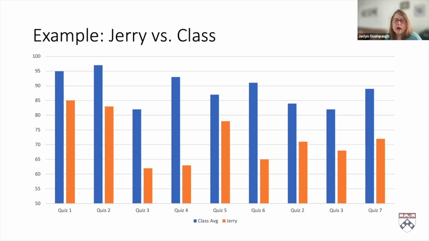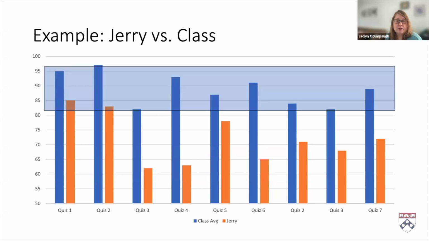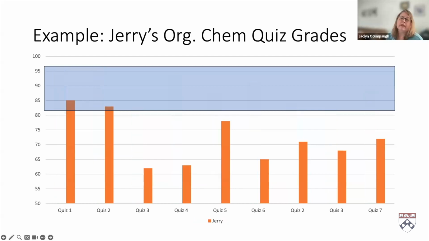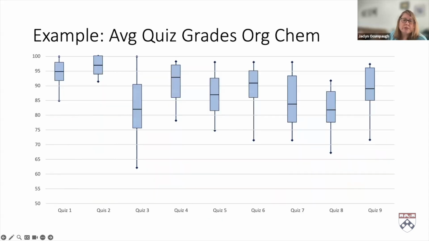Okay? We could try to do some further anchoring by just showing how close he was to the particular range where most of the quizzes were showing up, where the quiz averages were showing up. And if we wanted to do that instead of putting in the individual quiz grades, it might look something like this. Right? But since we've already converted this section of the dashboard to a box and whisker plot, which you may remember from the previous slides, one thing that might be nice to do is to go ahead and put those side by side